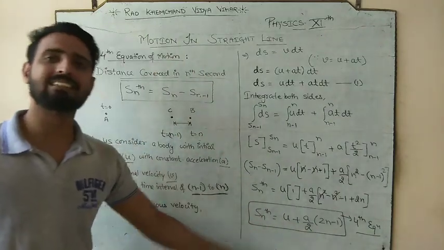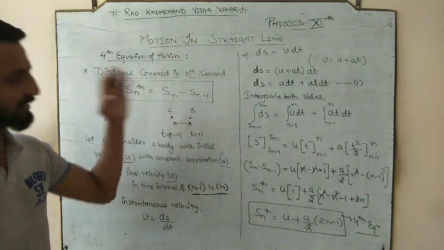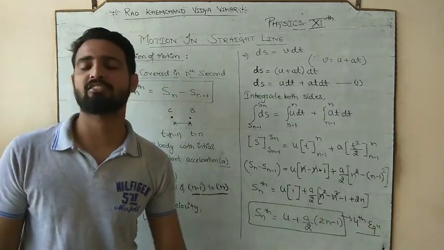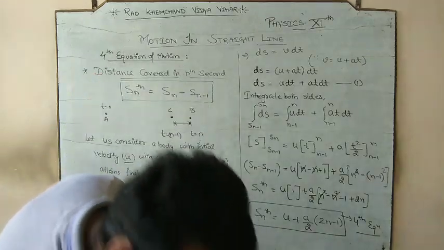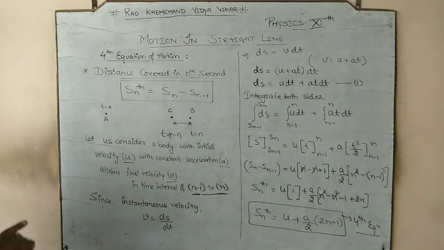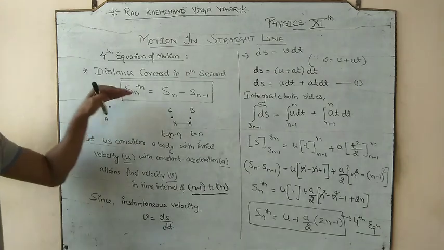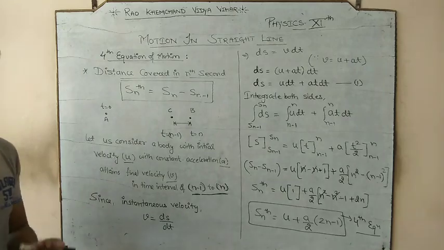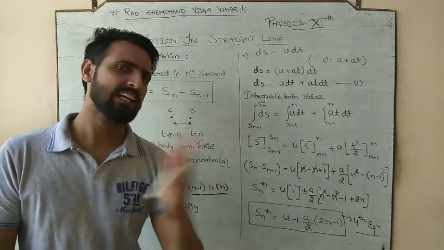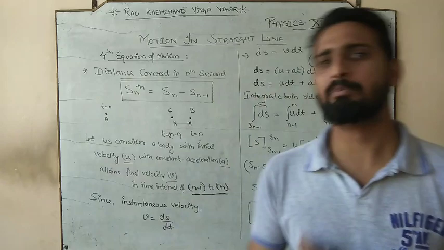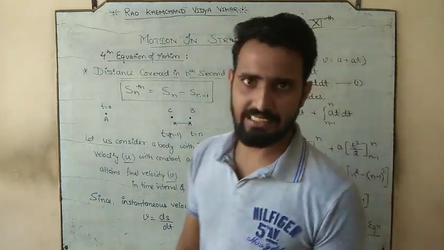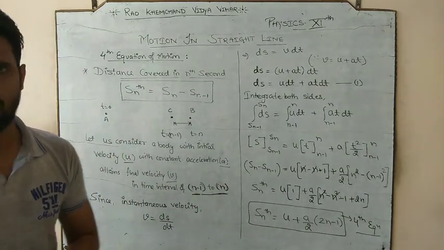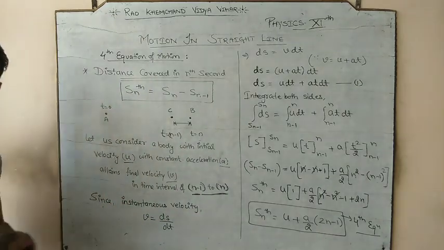That is the distance covered in nth second. So either you use this or you can use this, depending on whether you have the initial velocity or the acceleration. First of all, please note it down, the distance covered in nth second, from here to the end. Now I will try to explain one numerical related to that, and related to this concept you will get your assignment in the description box. You will get the link for that, and from there you can download. Okay, so please first note it down.